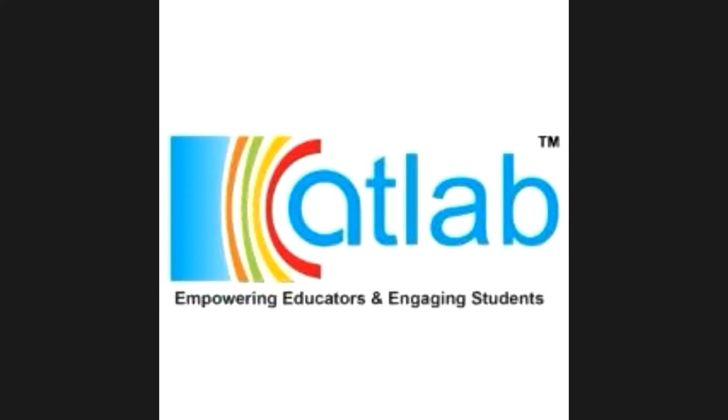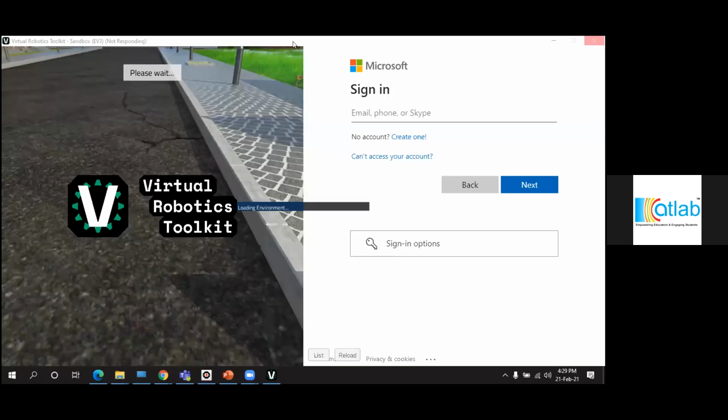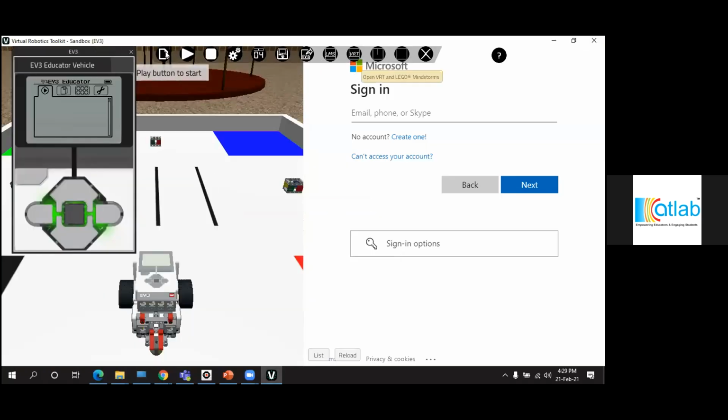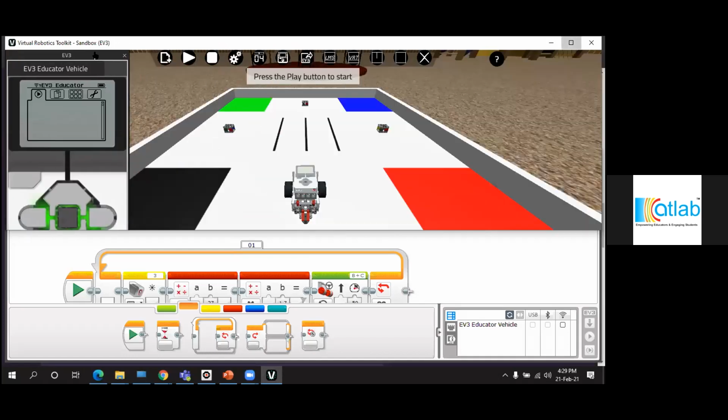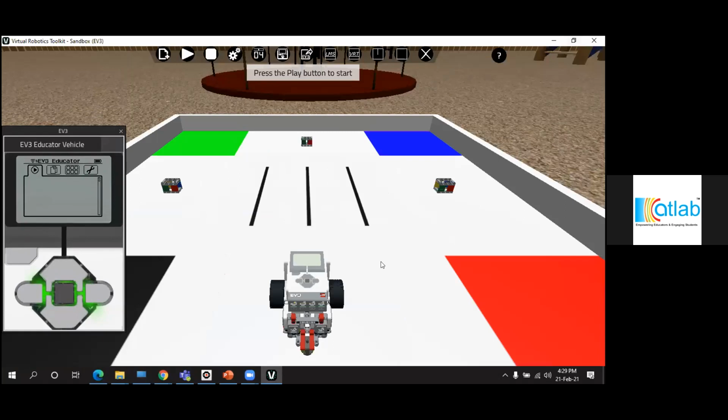Himanshu, you are asking how to check the amount of light that is being reflected. I will show it on my screen. Let me share my screen. This is how you should find the amount of light reflected back to the sensor. I'm in a different environment.